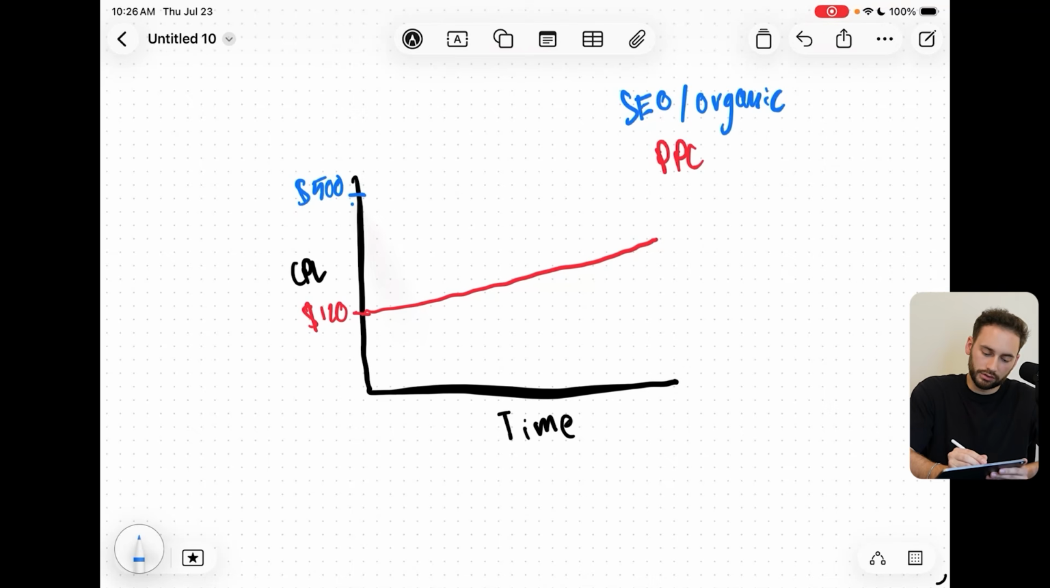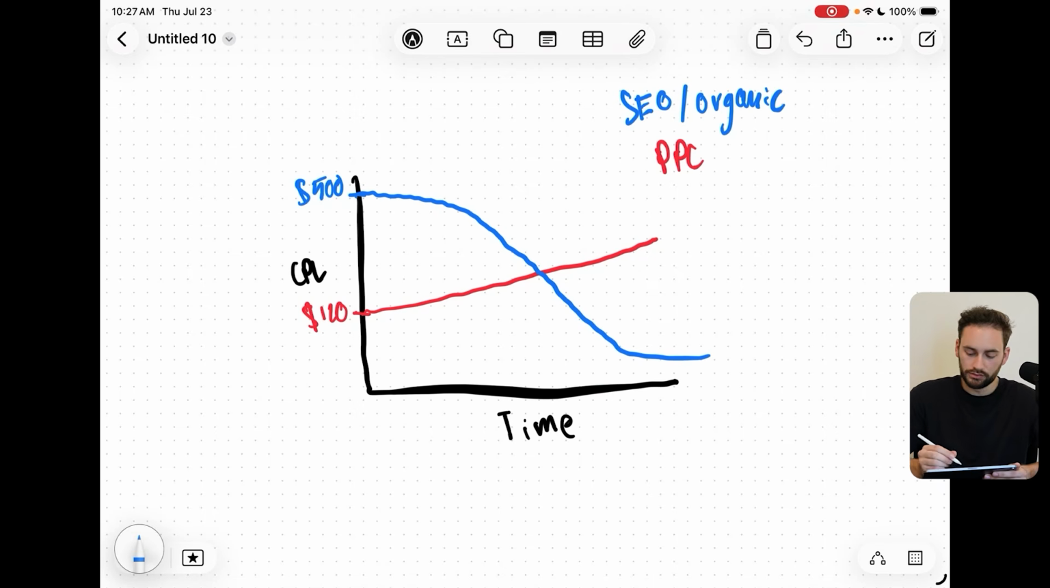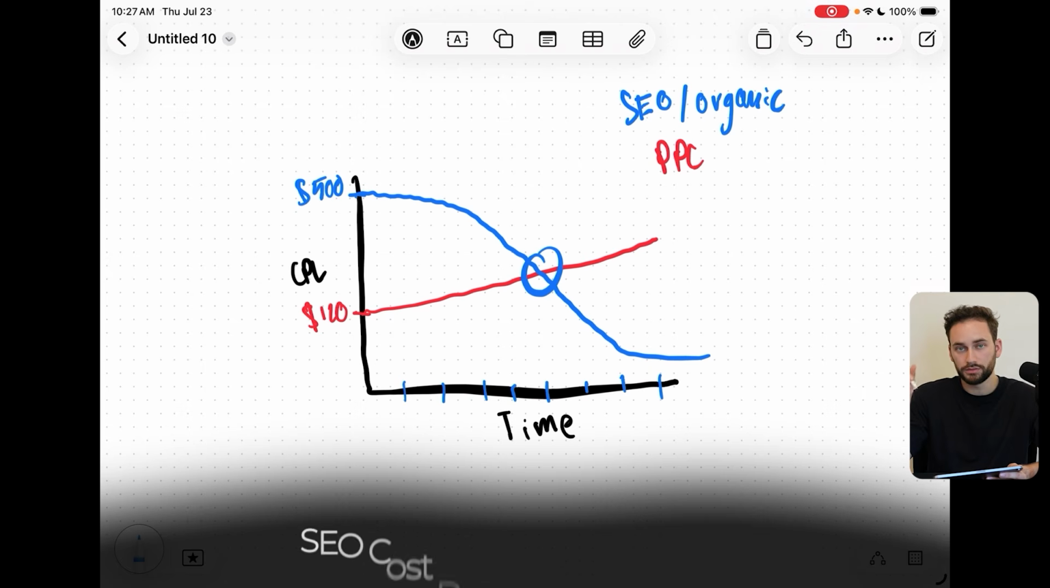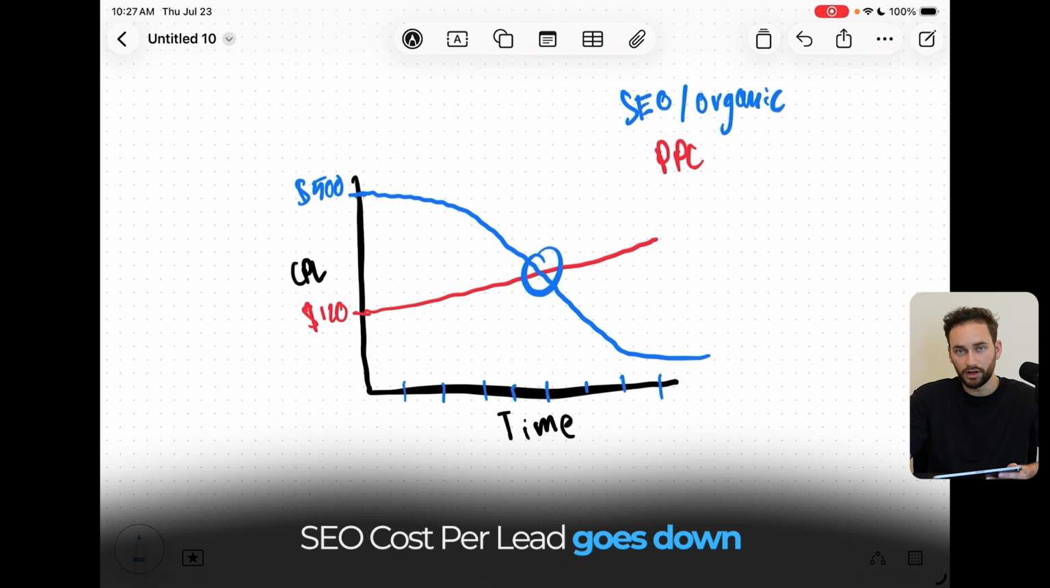The trend line is going to look like this. Slowly but surely, it's going to even out. And there's this point called the breaking point, let's call it. So at the start of SEO, let's say this is 1 month, 2 months, 3 months, 4 months, 5 months, 6 months, 7 months, 8 months. And as you go along, the cost per lead of SEO goes down because of the compounding nature of organic